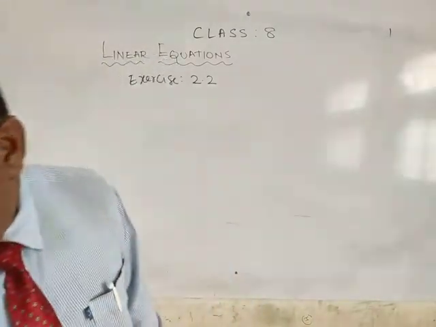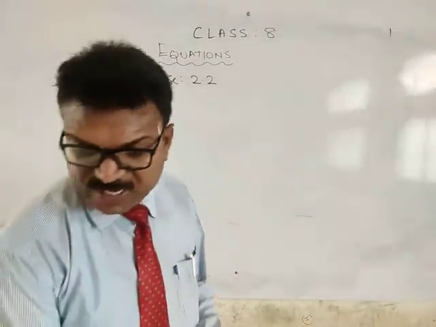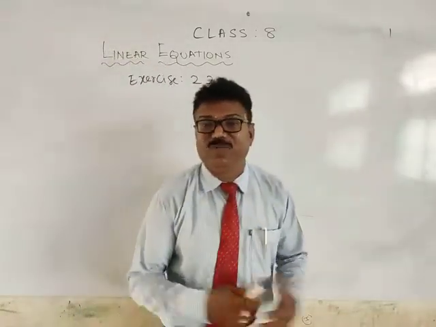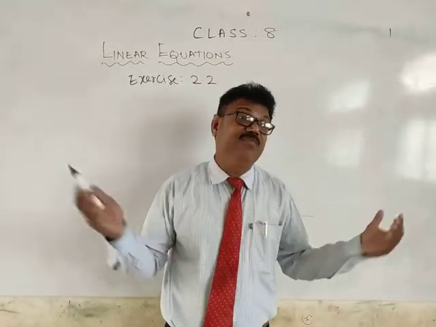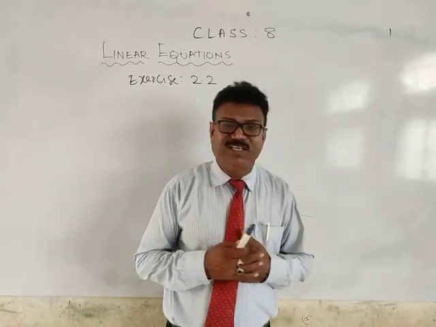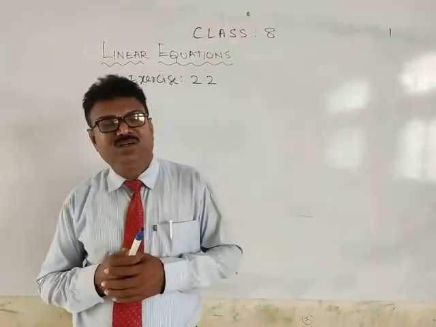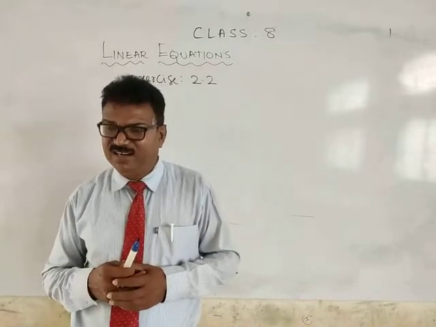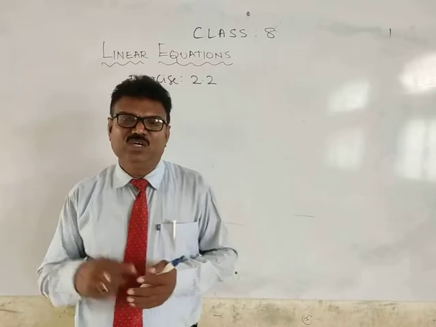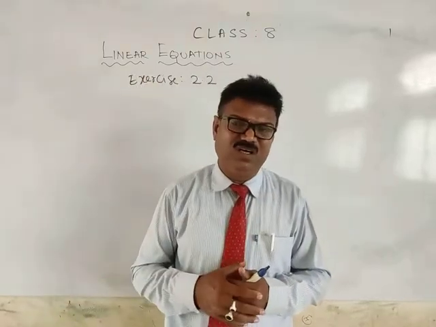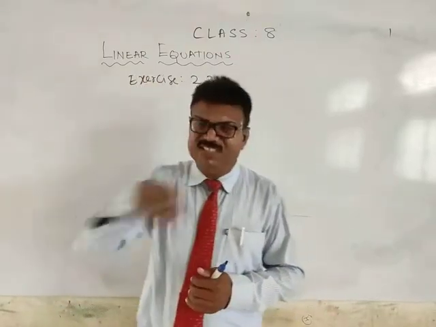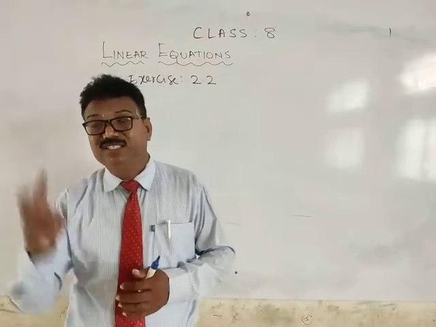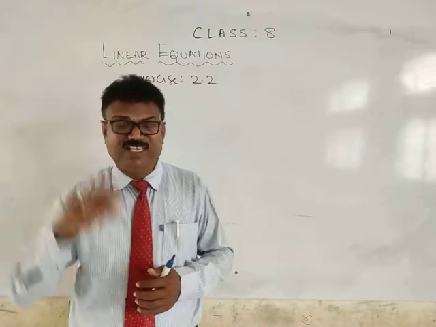Next problem. The base of an isosceles triangle is. Do you know what is the meaning of isosceles triangle? Yes, how many of you know? There are three types of triangles. One is isosceles triangle, one is equilateral triangle, and the last one is scalene triangle. Isosceles means what? Two sides are equal. Equilateral means what? All the sides are equal. How many sides will be there? Triangle means? 3 sides or 4 sides? Yes, 3 sides. Very good.